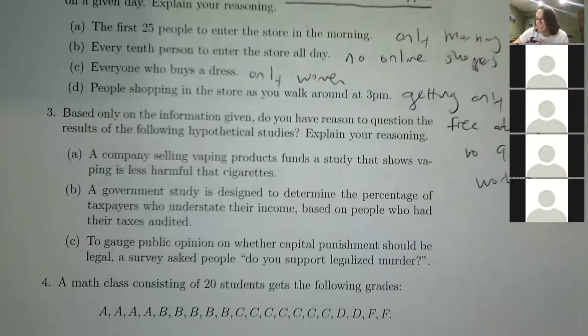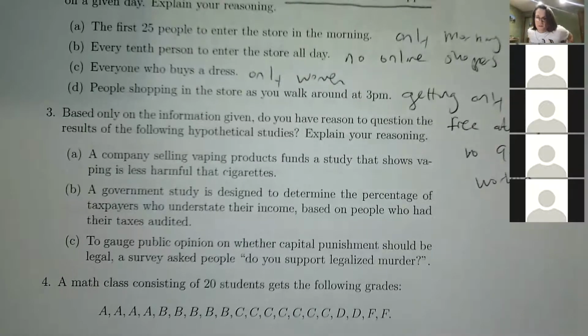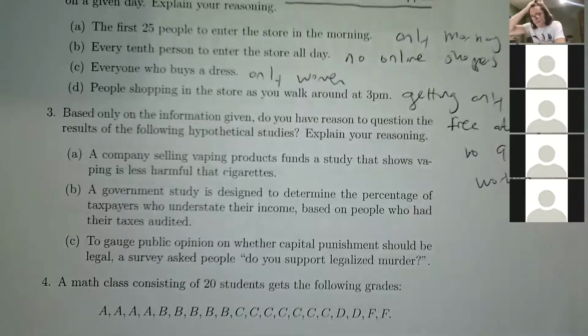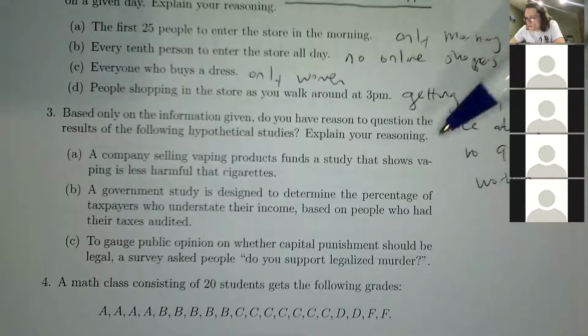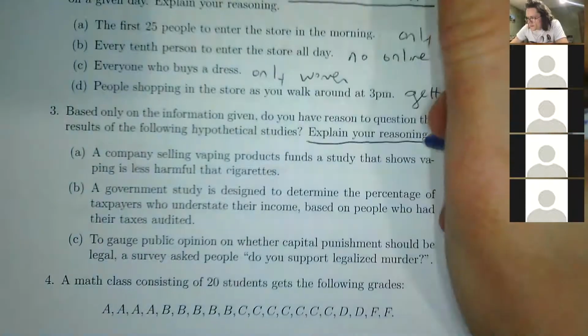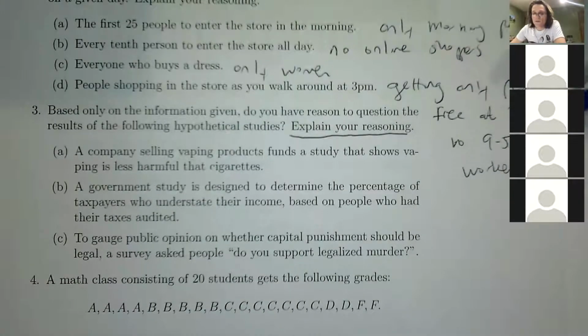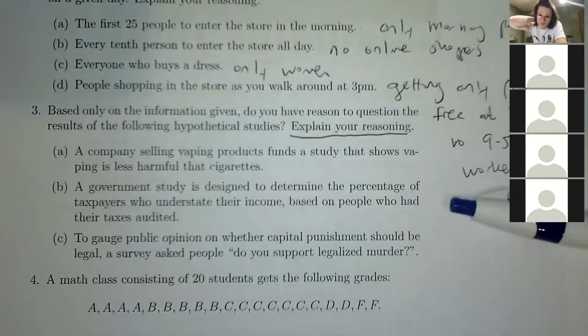All right. So that was the sampling bias. The first one was just basic sampling or statistics: population, sample, what the point of statistics is, to have a study. And now this third one is getting more into other sources of bias. Again, explain your reasoning. For all of these, like on the test, make sure you just explain yourself. If you give me one word and it's wrong, I can't really give you much partial credit. But if you give me one word and a lovely explanation,